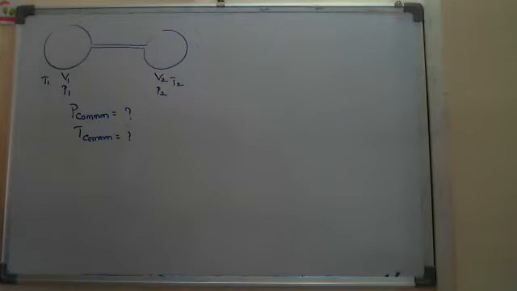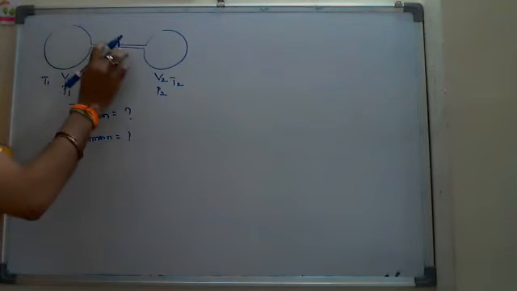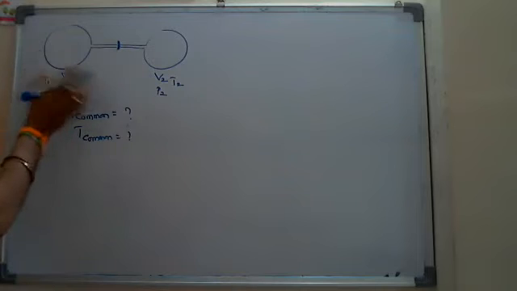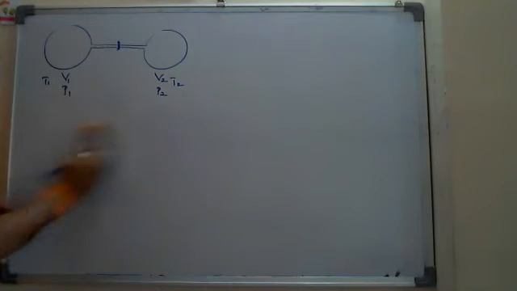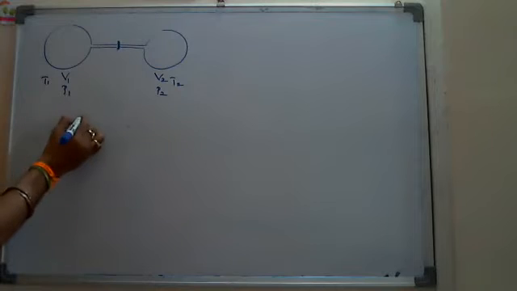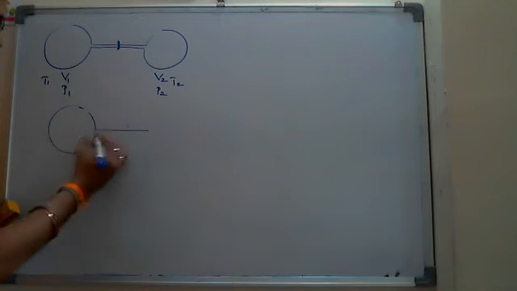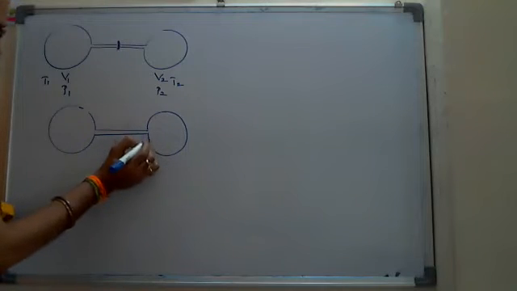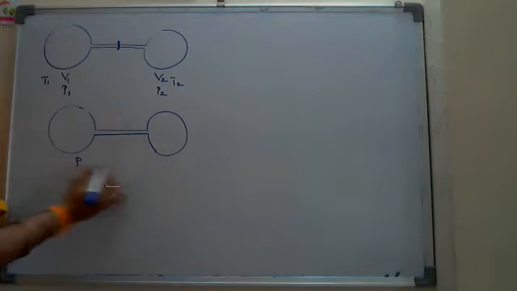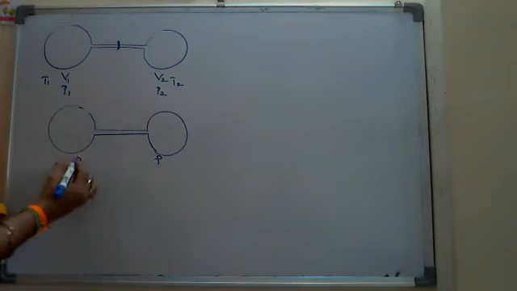Suppose here, before connecting, there is a wall here. The temperatures and pressures are mentioned there. And after opening the valve here in the two bulbs, suppose the pressure, why? Because the valve is open, which means gas flows from one to the other, they will come to